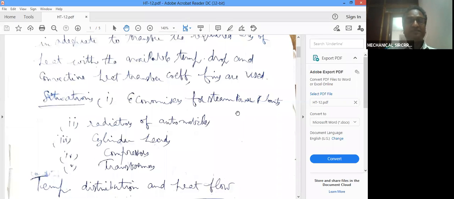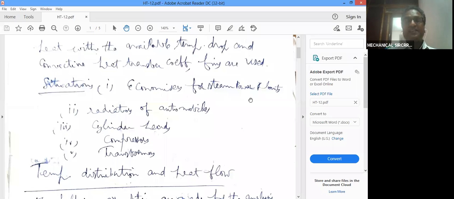So fins, where do you use the fins? So economizer for steam power plants. In the steam power plants, economizers, that is also a heat exchanger. Heat is to be removed from the economizer, or heat transfer rate to be increased, or sometimes decreasing is required, sometimes increasing is required. So that's why if you want to remove more heat, you have to increase the surface area. Examples, economizers and radiators of automobiles, radiators already told, and cylinder heads, internal combustion engine cylinder heads, engine